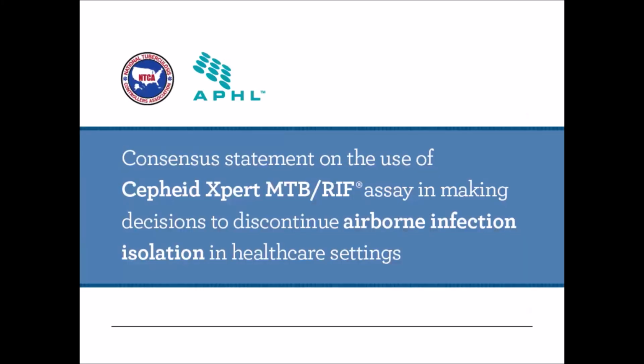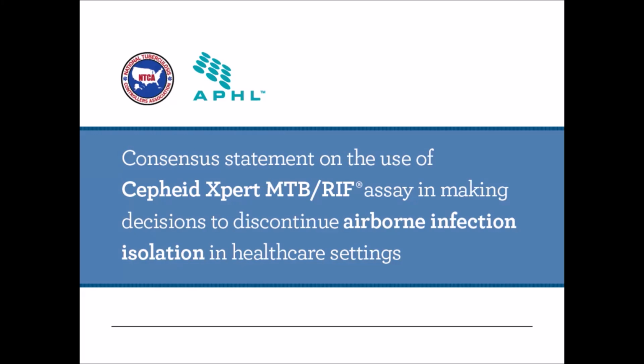So there are guidelines that the National Tuberculosis Controllers Association has generated on how to use the NAT test, and the one company that's very popular is called the Xpert test, although there are others. But this is on how to use the NAT test in making decisions on discontinuing isolation when patients are in